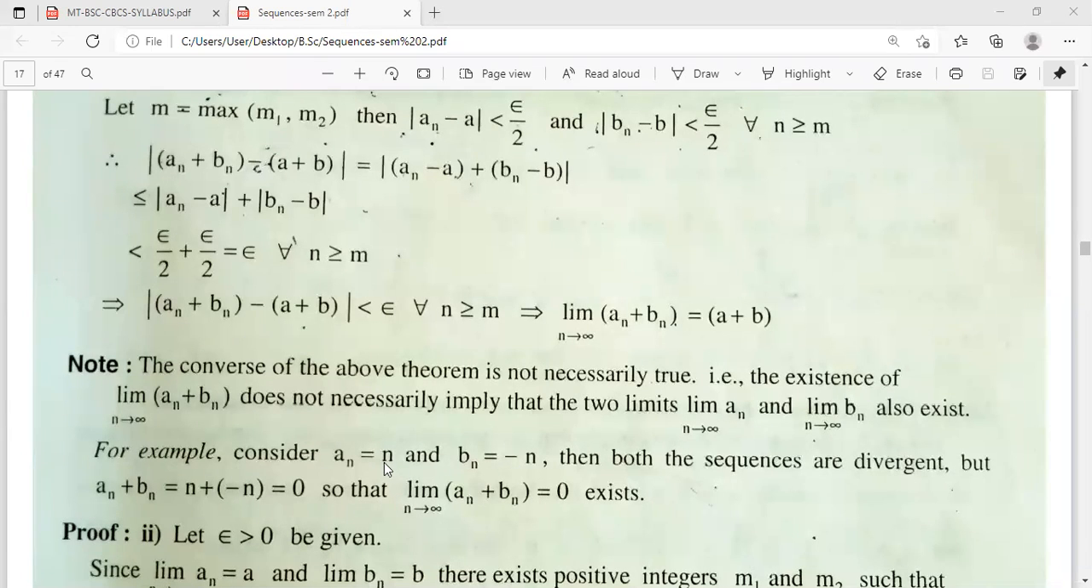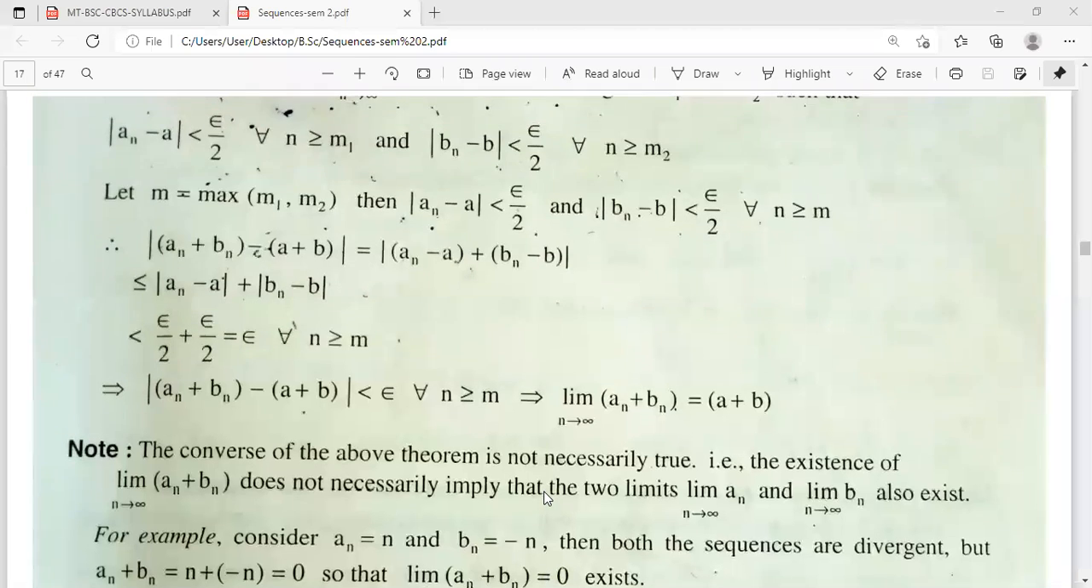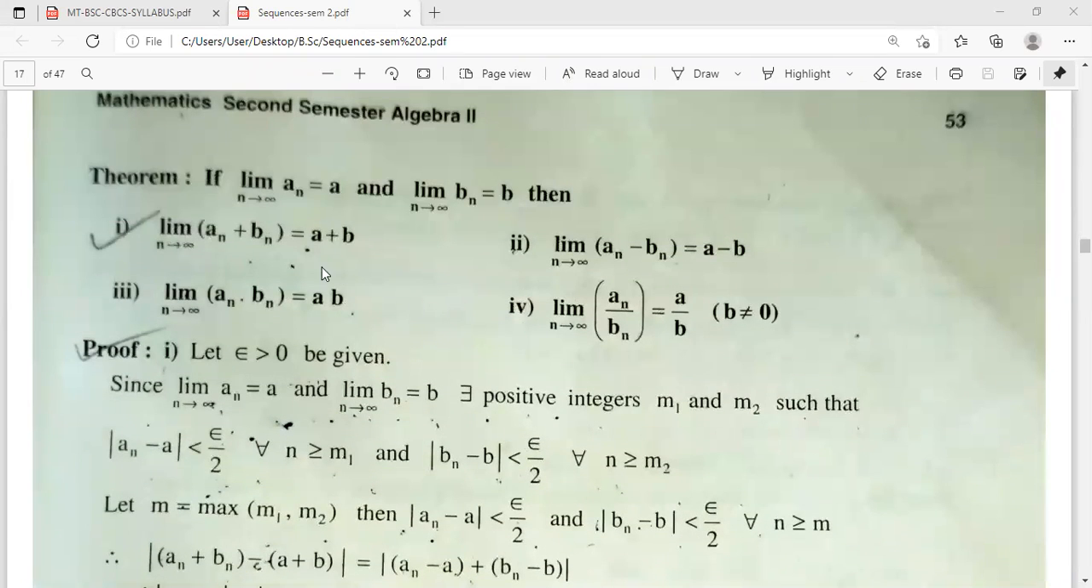You see, An equals n means the limit of An is infinity, the limit of Bn is minus infinity. Both the sequences are divergent. But An plus Bn, if you take that, is equal to 0. That is a null sequence. You are getting An plus Bn equal to 0, so the limit of An plus Bn as n tends to infinity exists. That is the convergent case you are getting here, because the converse of the theorem is limit